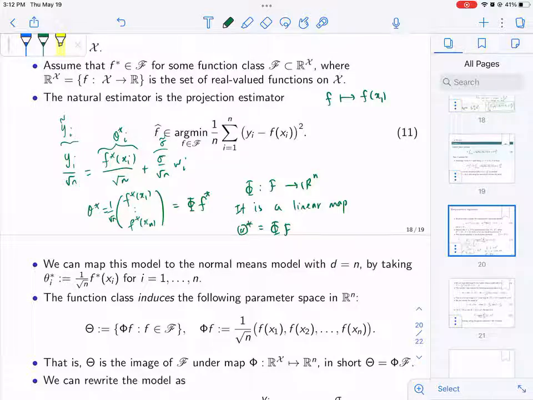It evaluates all the functions at x1. This is a linear map, and this is just a collection of a bunch of them. Sometimes I'll refer to it as a sampling operator because it just samples the function at a bunch of points. So you can say vector-valued evaluation map